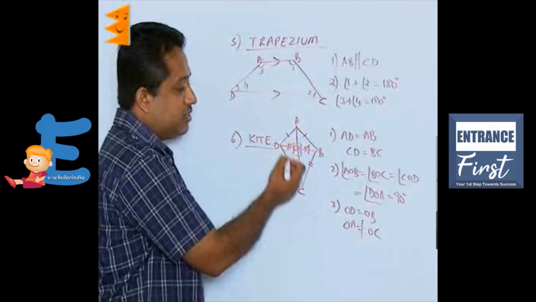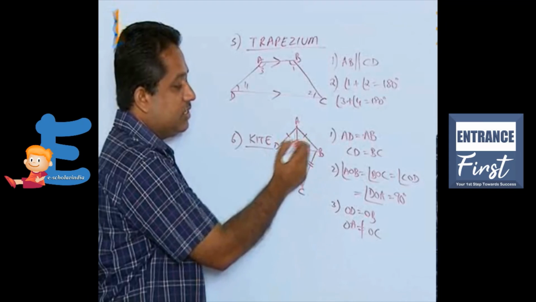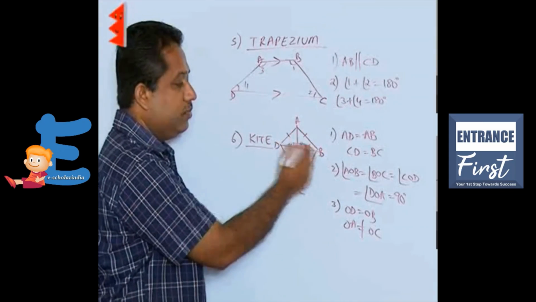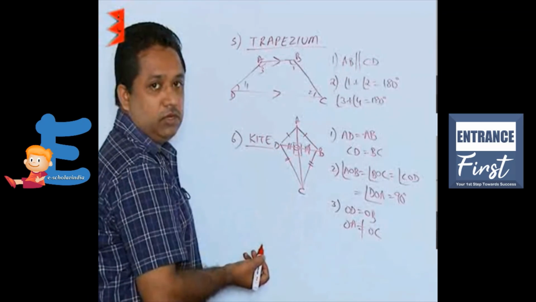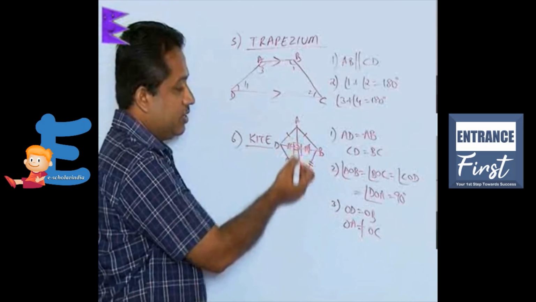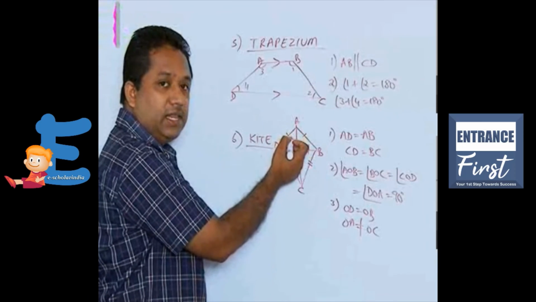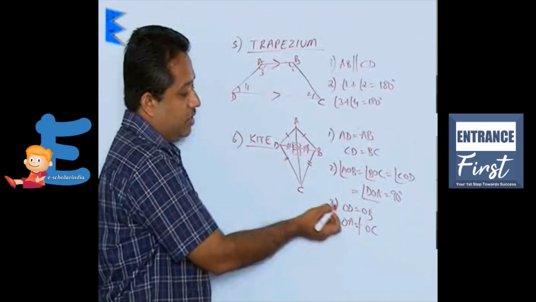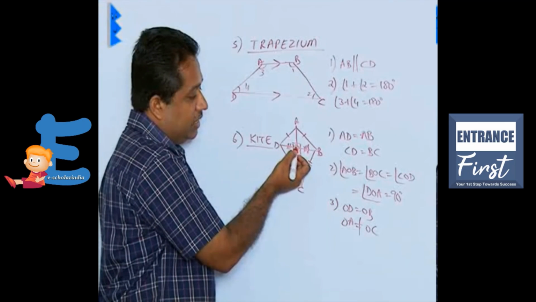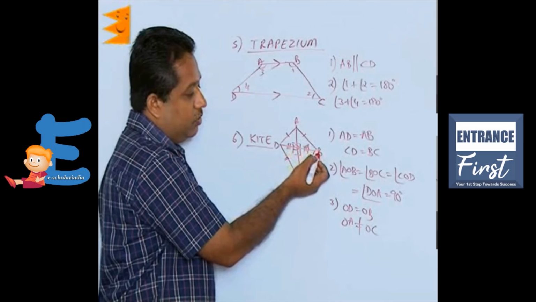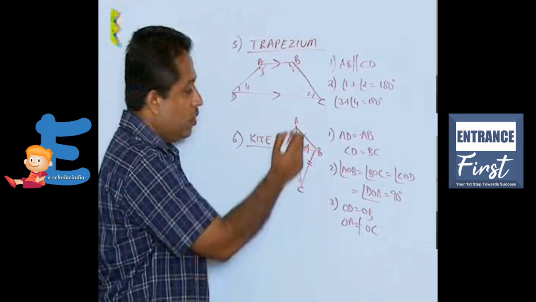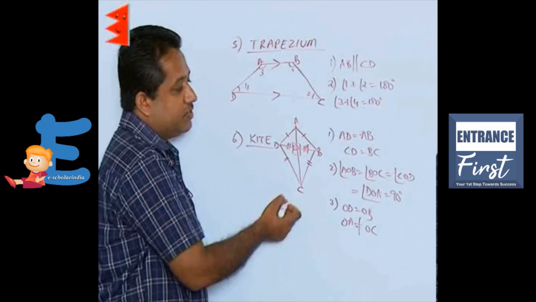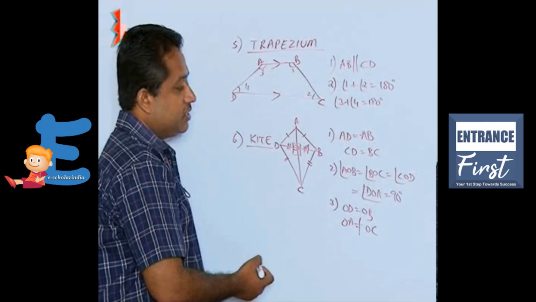So a kite has the following properties. It has two pairs of adjacent sides equal, AD equal to AB, CD equal to CB. The diagonals are not equal to each other. One diagonal is small, the other is longer, but the diagonals intersect each other at right angles or 90 degrees, and here we find that the diagonal one side OD is equal to OB, but the other diagonal OA will be smaller than OC. So these are the properties of the 6 quadrilaterals that we have discussed, and